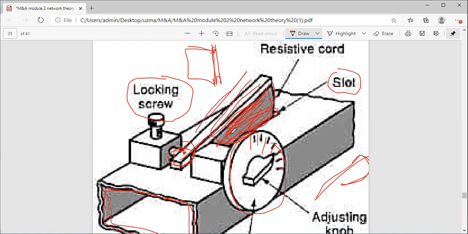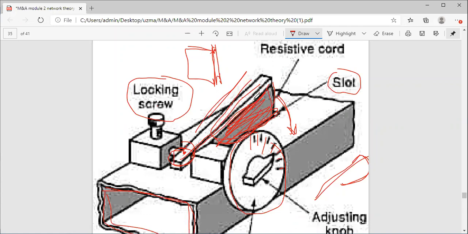So you can move this part, you can insert this into this waveguide up and down, and the more you insert it inside, okay, if it is completely inserted and it covers the inside part of your waveguide, then maximum attenuation occurs.